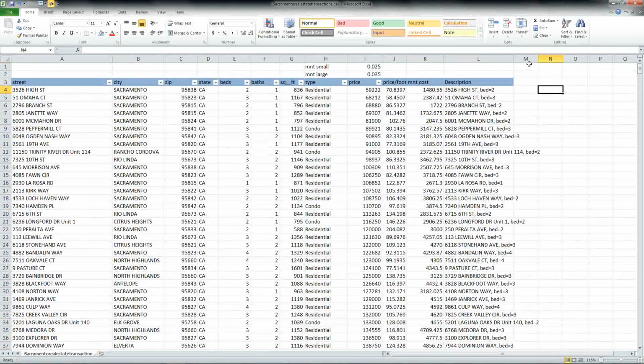I'm not going to go all the way. I think you get the idea. All right, well that's a quick few tips on how to use formulas inside of Excel. There are hundreds more that we can do, and I'll save those for a different session.